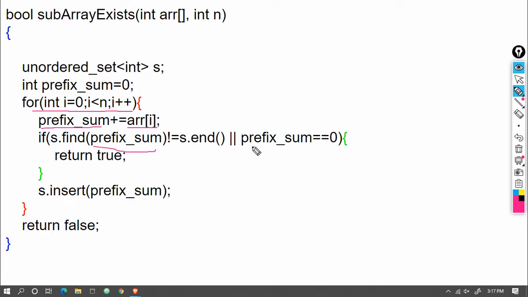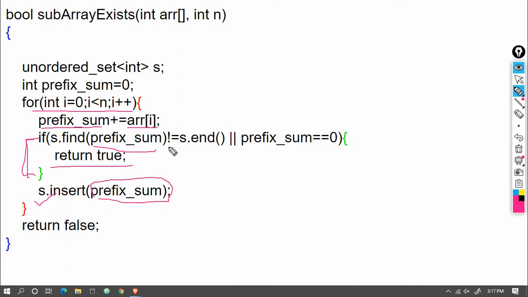If any of these conditions is true, we will return true, that yes, the subarray whose sum is 0 is present in this array. After that, if this condition is not met, we will insert the prefix sum into our set.